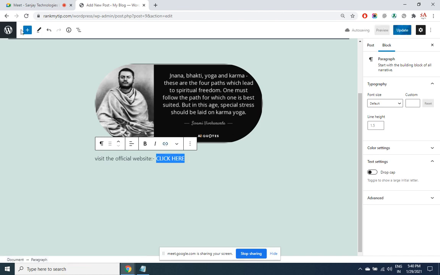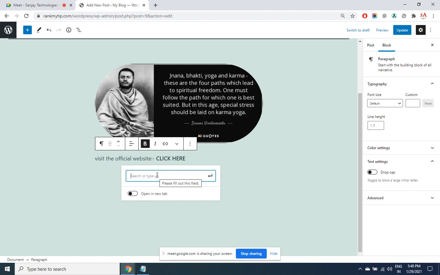This option was provided even here anyway. So you got to select it, click on link and provide the address of the destination page. There we had to manually add in double quotes target equals underscore blank. Here if you select this option, automatically it will open in the new tab.